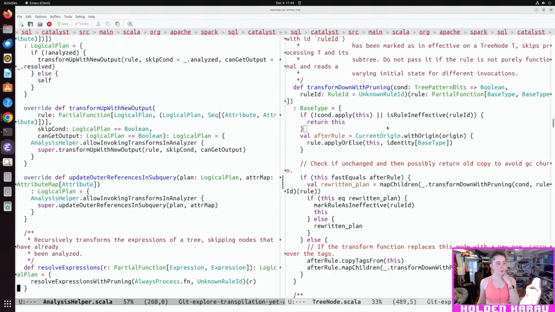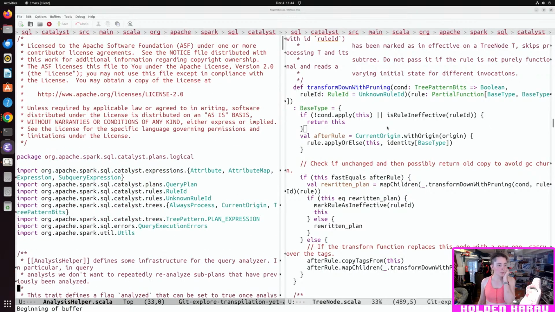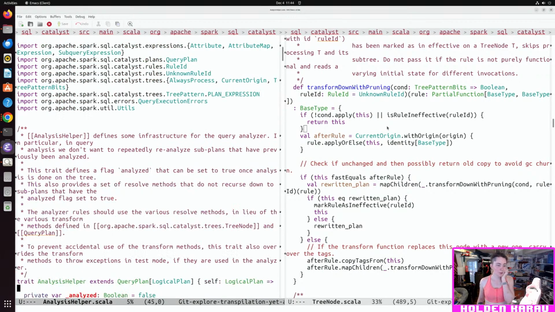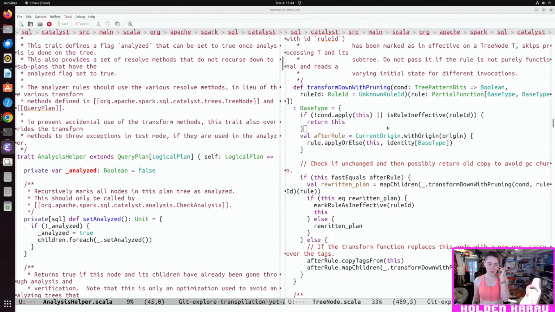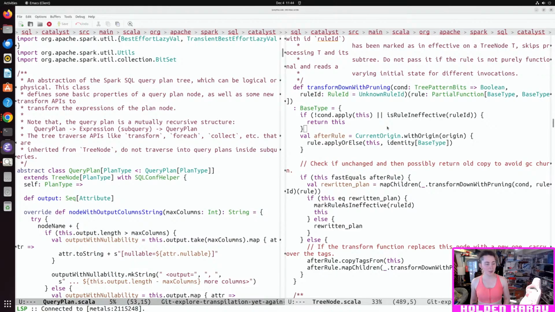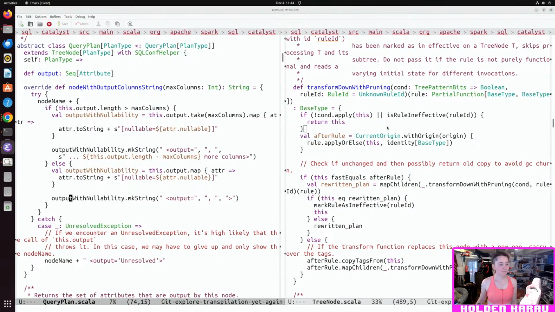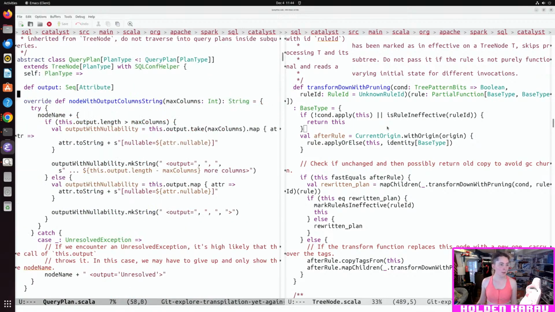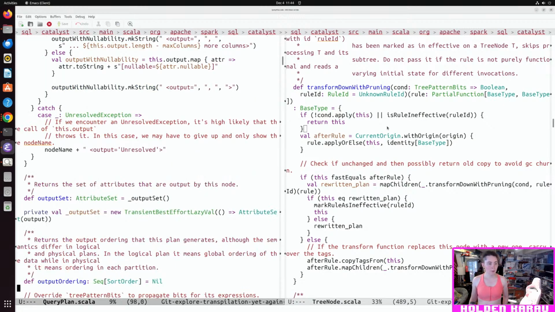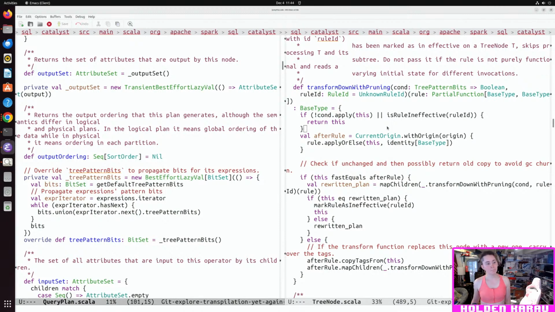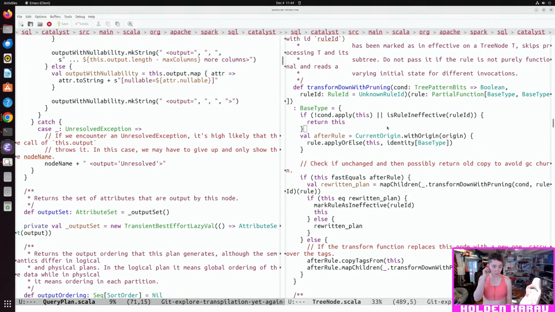What's your super, query plan type logical plan? Is there another helper that we should be using instead? Okay, it does extend tree node.